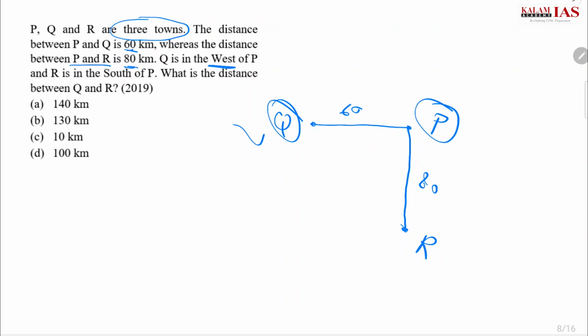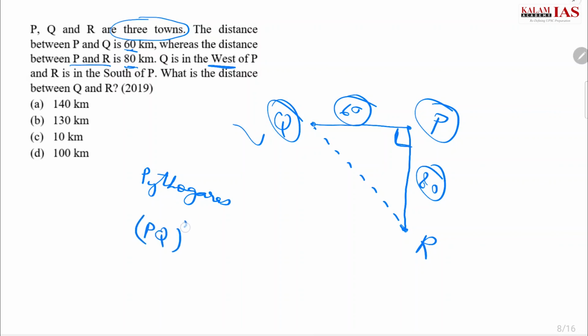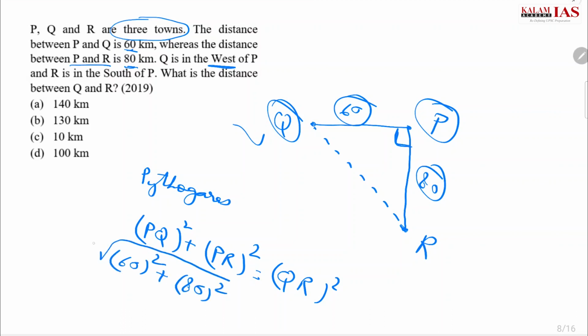Now what is the distance between Q and R? We have to find this distance. Now this is simple right angle triangle. We can easily apply Pythagoras theorem. PQ square plus PR square equals QR square. I hope everyone knows this formula. This formula we have been learning since our third or fourth class in the schools. Now PQ is 60 square plus 80 square and this under root is equal to QR. This comes out to be